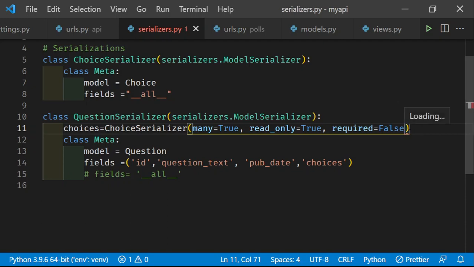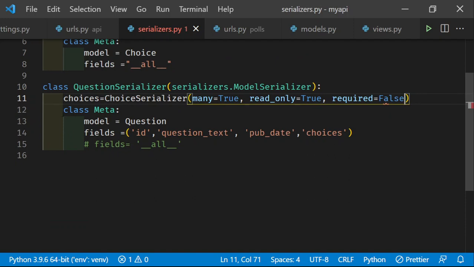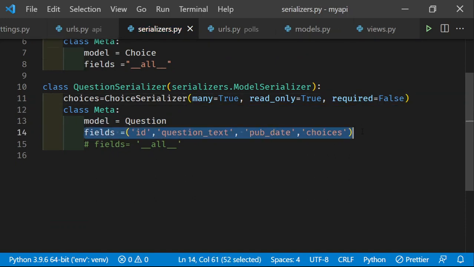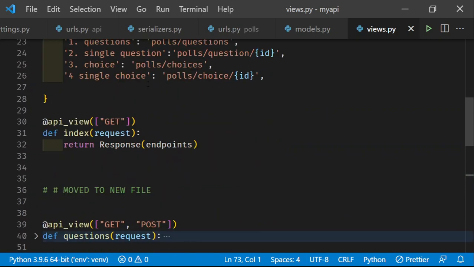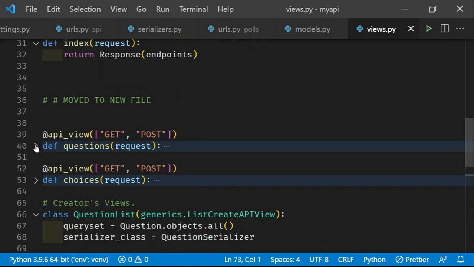What is complaining? Okay, so there's no error there, it's just taking long. Then we have, of course, the class method, then you have our model, then you have our feeds. Then from that we went ahead and created our views. Views are quite simple and straightforward. Then inside our views, we created these views here manually,